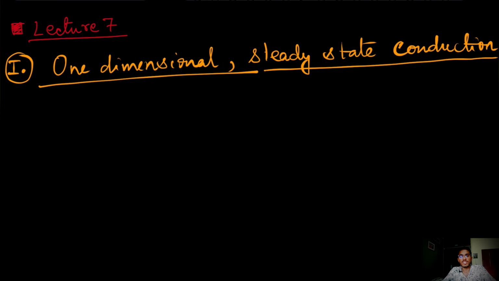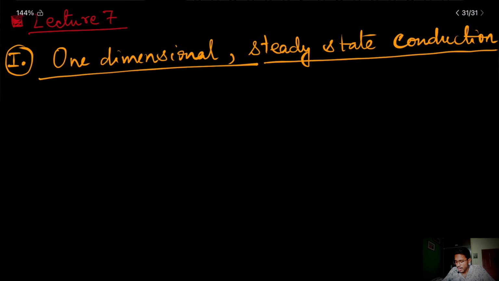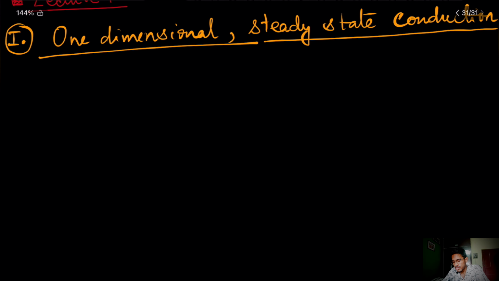Now I assume that if you have already done your fluid mechanics course, or even just a solid mechanics course, you should still have some concept about these two words, that is one dimensional and steady state. But in case you don't know these two words, I will briefly describe them. Firstly, one dimensional. As the name suggests, one dimensional means we are concerned about only one direction. In case of heat transfer, to explain this,